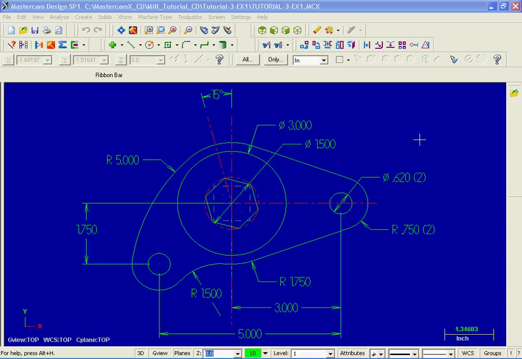Hello and welcome. In this video segment we'll create the geometry for tutorial 3 exercise 1. The drawing for this exercise is at the end of tutorial 3. I'm just going to create the top view. On the screen is the completed geometry. Shortly I'll create a new file and start at the beginning, but before we do that let's review the finished